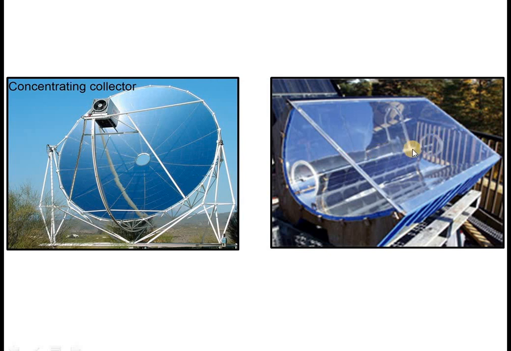The line will be like this, just as my pointer goes. On the entire line, radiation will be focused. And if you maintain a tube there, with water flowing inside it, the water will be boiled. So the efficiency of a line type collector will be much more than that of a point type collector. Keep in mind, line type focusing device is more efficient than a point focusing device.